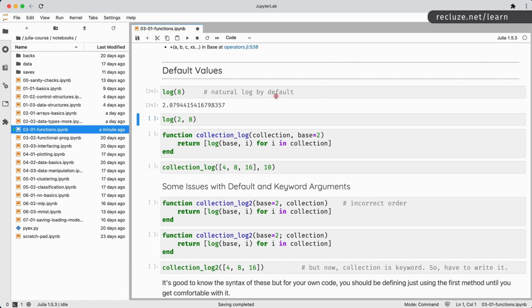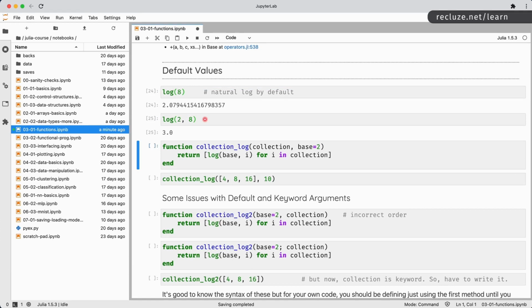But for the moment, all you need to understand is that this function actually has a hidden parameter in it, right? So log of 8 to the base of what? That what by default is e, right? So the mathematical constant e. But you can change that. For instance, in computer science, we are usually concerned with log to the base 2. So you can call log of the same number 8, but to the base 2, and this is going to give you 3 back, right? So essentially, if you raise 2 to the 3, you get 8. If you raise e to the 2.07, you get 8, right? So that's how log works.